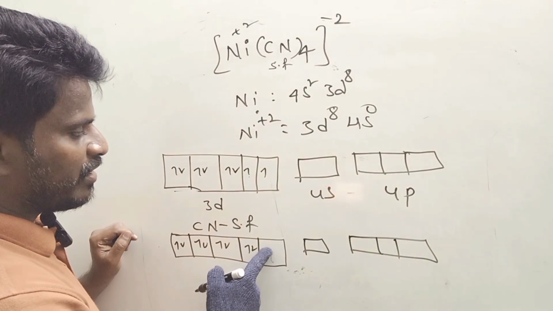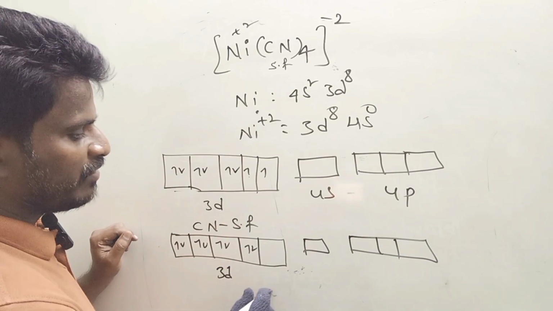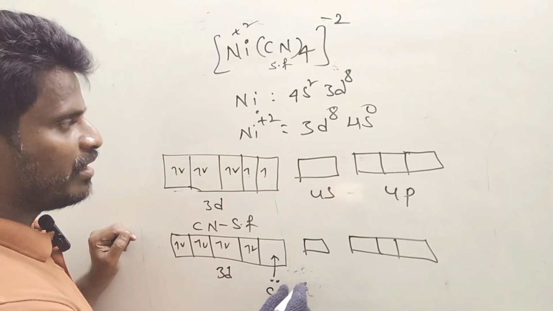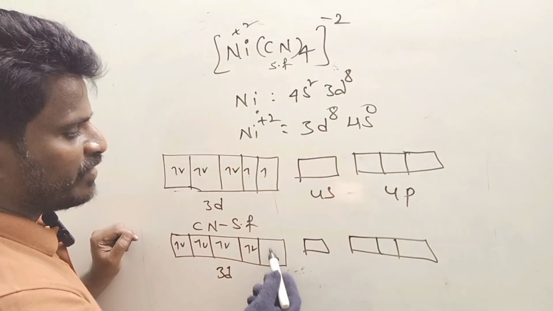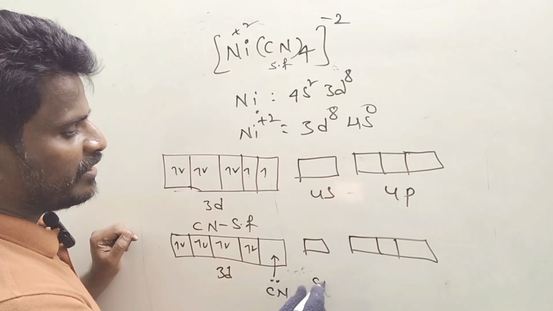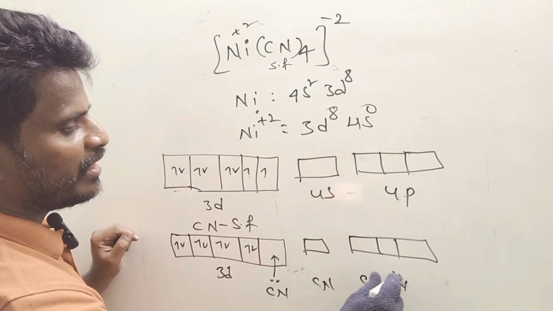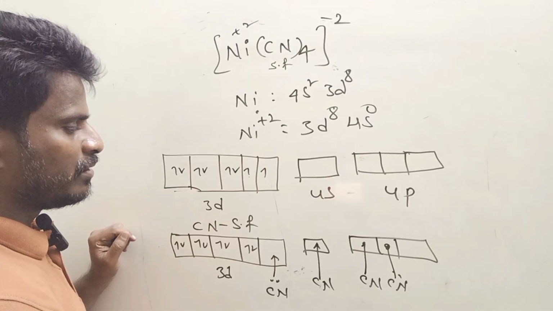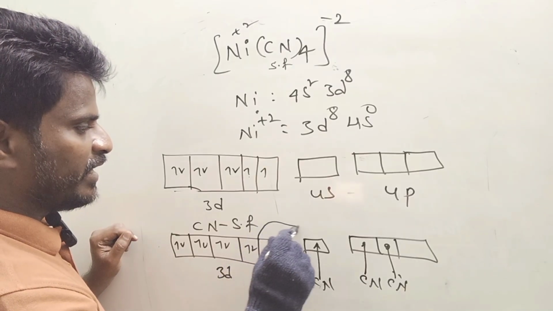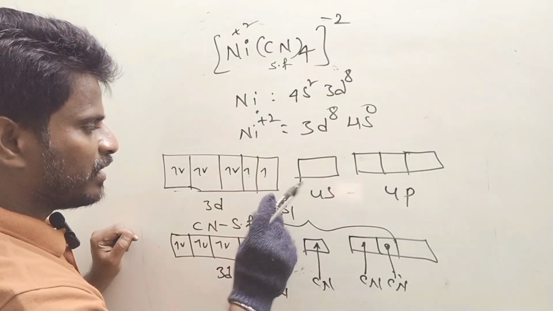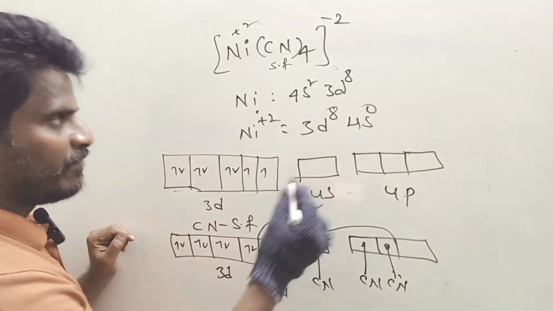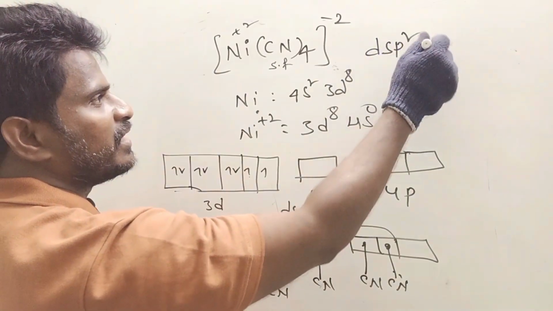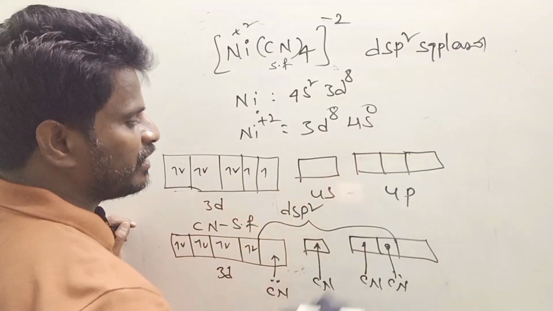Due to availability of the 3d empty orbital, one of the cyano ligands donates a pair of electrons to the inner d orbital, and there are 4 ligands. One is used in the d orbital and the remaining 3 donate electrons to one s orbital and 2 p orbitals. Then it is dsp2 hybridization. And the final conclusion is this molecule is in dsp2 hybridization, that is square planar geometry,